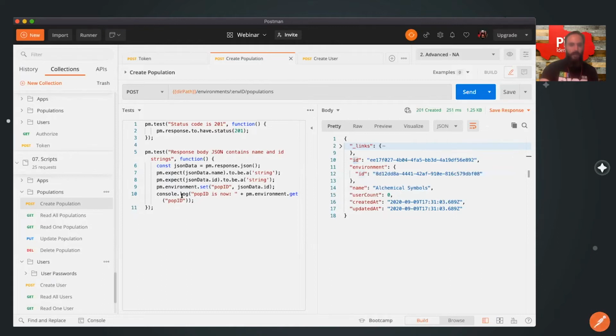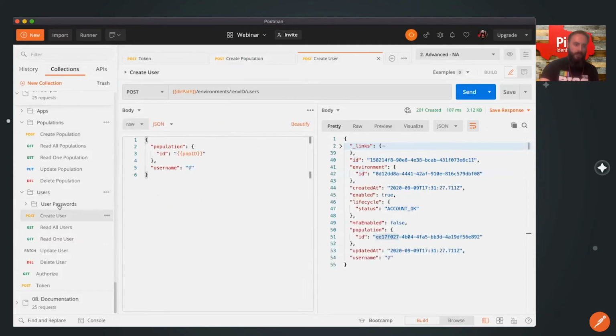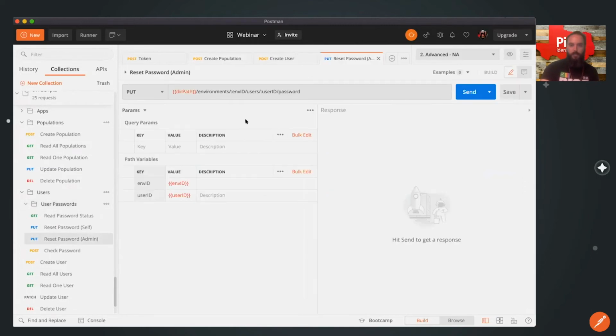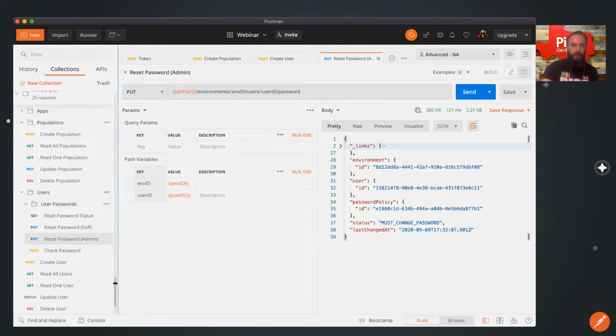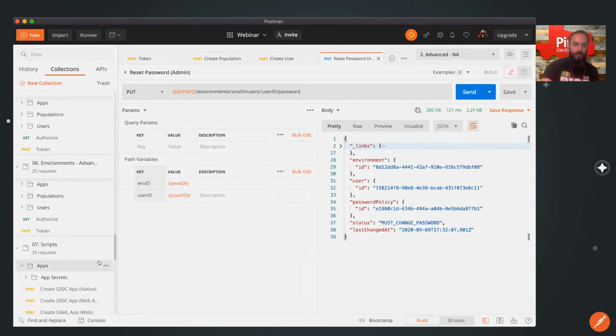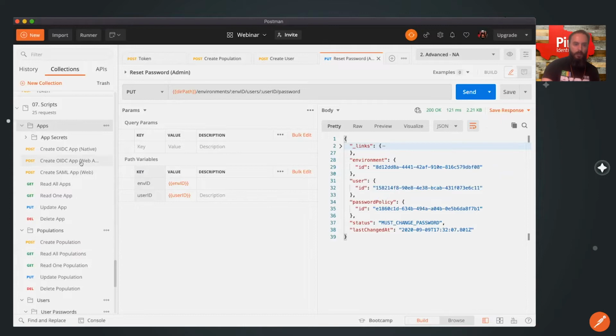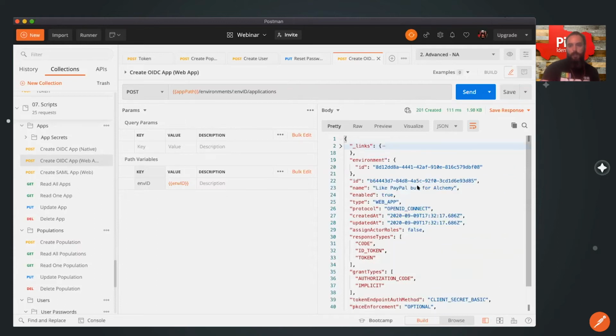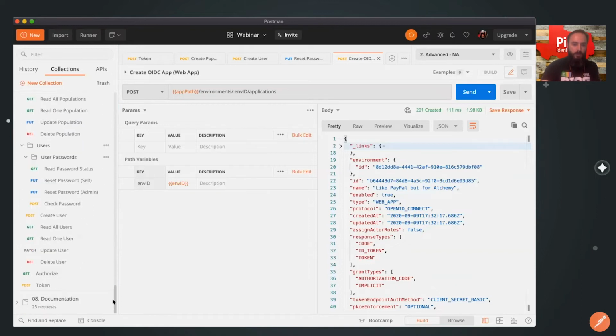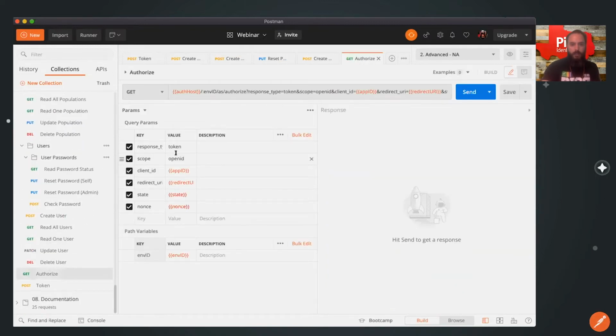It's just already there. And so now that we have scripts, I can do just really awesomely send, I've reset the password. And then if I go over here and I want to create an application, notice I don't need to worry about any of my values because the values are already good. And similarly, when I come down here to my authorize request, there are even values here that are being taken care of,